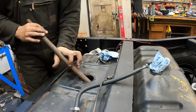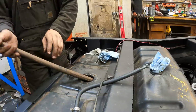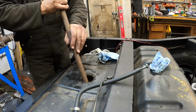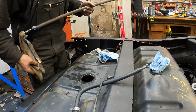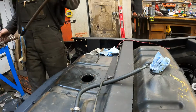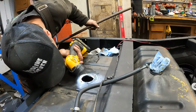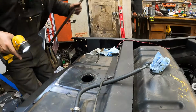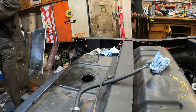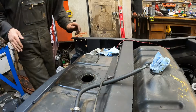But maybe, just maybe, oop, just got a chunk out of there, wherever that came from. But I'm gonna, yeah, that's pretty good. Pretty good in there. Better than it was. Now we got a nasty smelling rag on a stick. We'll just set that over there out the way. So now